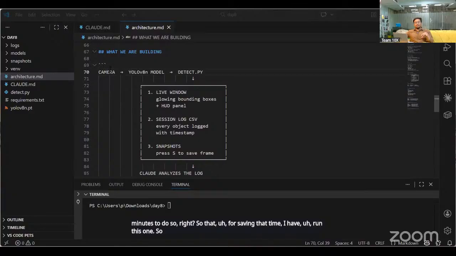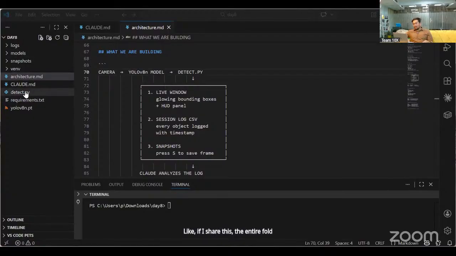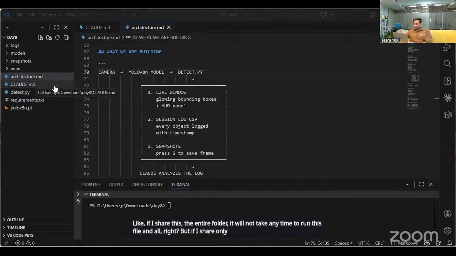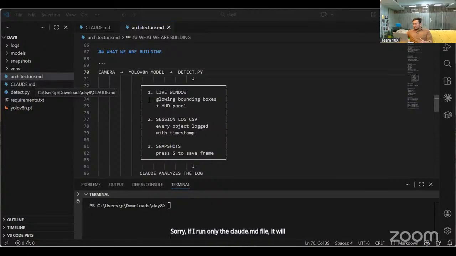If I share the entire folder, it will not take any time to run this file. But if I run only the claude.md file,